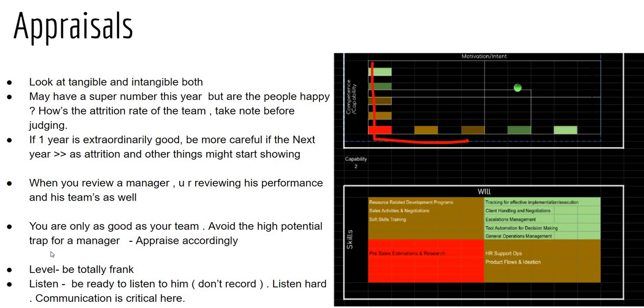Okay. So avoid the high potential trap for a manager. Here, Mr. Grove talks about how sometimes we get confused, as in we say, okay, though he hasn't done well, he has a lot of potential. You don't mark him on potential, you mark him on what he has already delivered. Remember that. Then he also talks about three things that